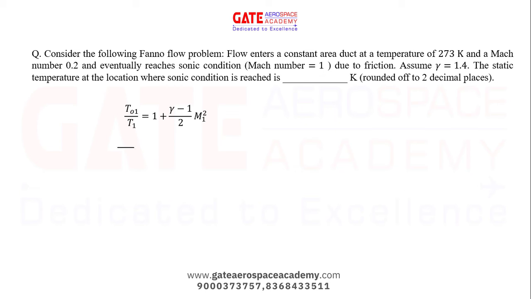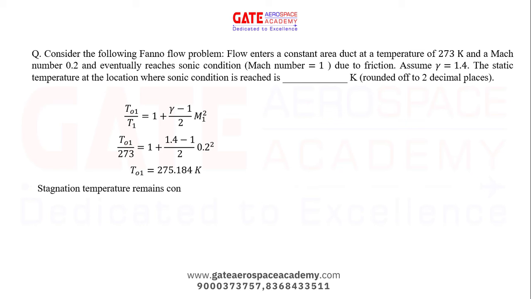So T01 divided by 273, that is T1, is equal to 1 plus (1.4 minus 1) upon 2 into M1, that is 0.2, square. So we get stagnation temperature T01 is equal to 275.184 Kelvin. The stagnation temperature remains constant, right? That we know that in Fanno flow, stagnation temperature remains constant. Means T01 is equal to T02, and that is equal to